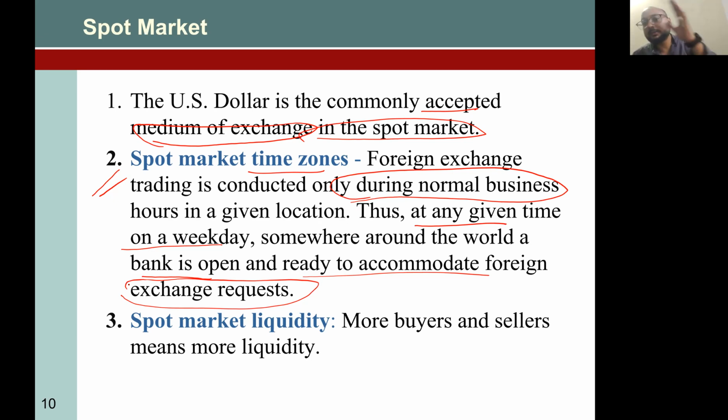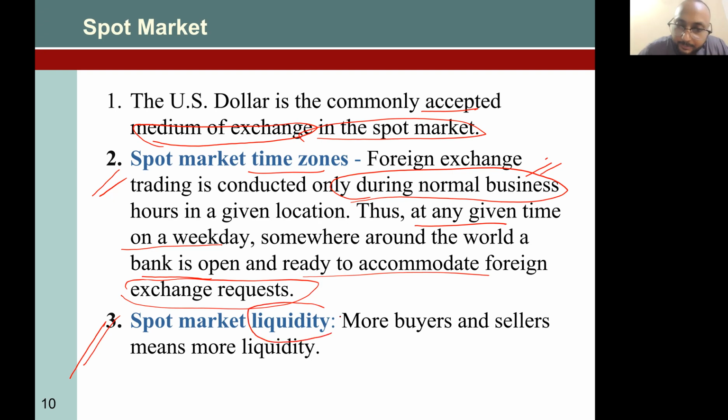Somebody is opening the business, somebody is closing. But remember, this is during normal business hours, meaning not weekends. So the foreign exchange market doesn't open on weekends, right? Like the stock exchange market, they don't open on weekends. Now, spot market